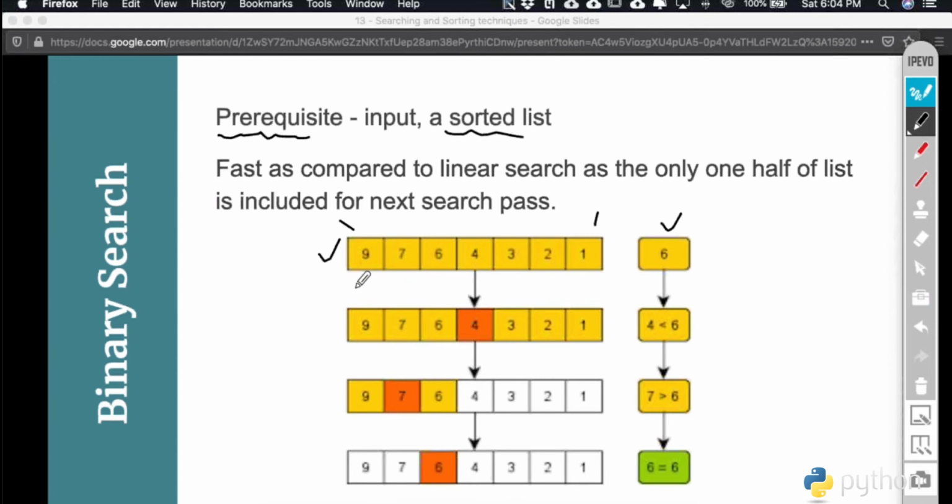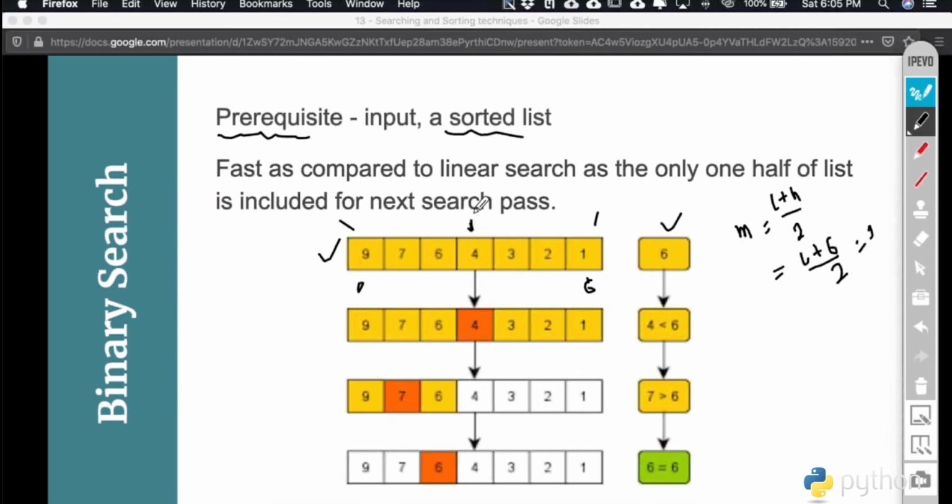So let's suppose you have this index parameter 0, 1, 2, 3, 4, 5, 6. So this automatically becomes 6. Very easy, with one mathematical expression we can calculate the middle index, which is equal to the lower index plus the higher index divided by 2. In this case, the lower index is 0, the higher index is 6, and when you divide by 2, you get 3. So 3 becomes your point of middle.